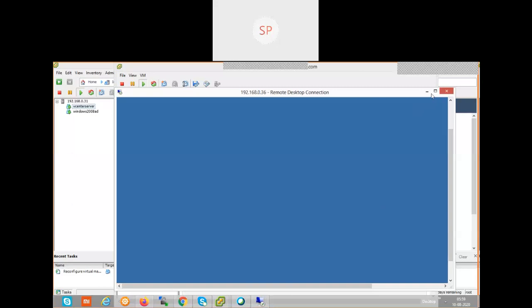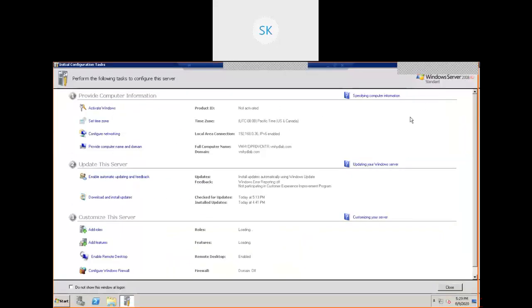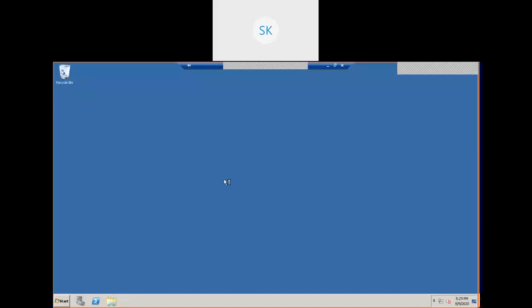Maximize the window. Now we are connected to the server. We are ready to proceed with installation.